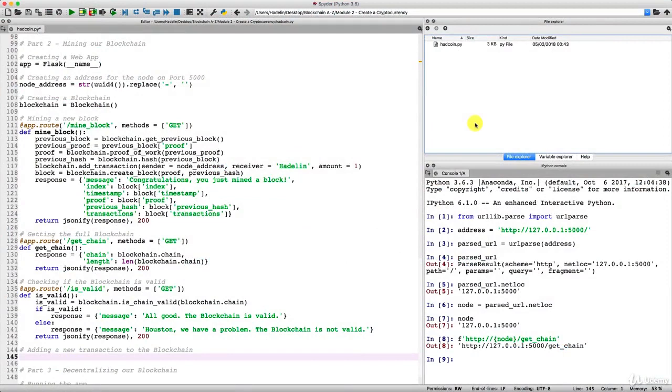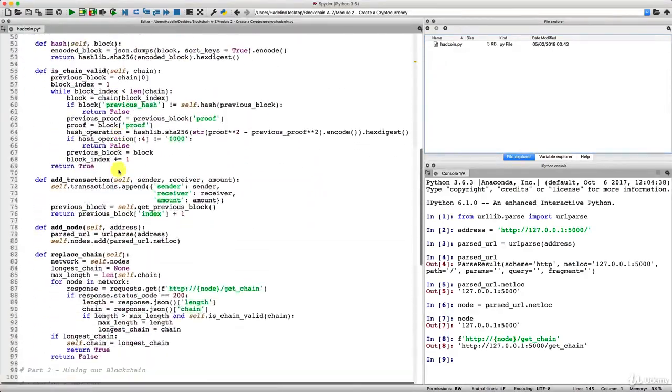Hello and welcome to the final step of the development of part 2, mining our blockchain to turn it into a cryptocurrency. So in the previous tutorial we took care of creating an address for the node on port 5000, which is the port from which we'll start before adding some new nodes. Then we added the transactions key in the response of the mine block request, and we gave to these keys the transactions of the block which we could get thanks to the addTransaction method from our blockchain class, this one.